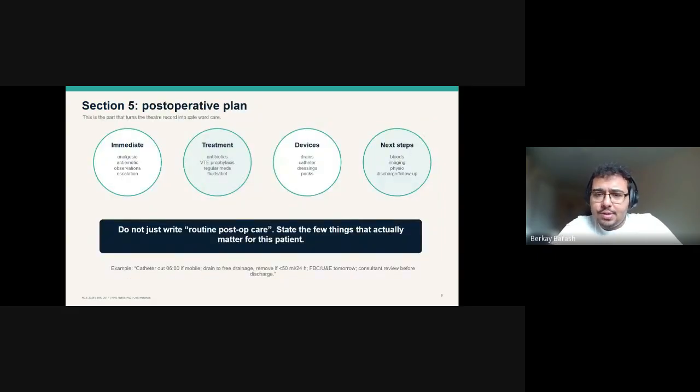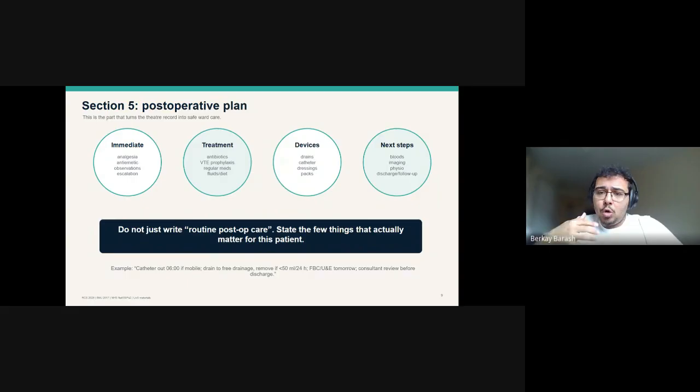So 5, post-operative plan. We're thinking about the immediate plan: any analgesia or antiemetic for symptomatic relief. We want to think about the observation and the nursing side of things, as well as any escalations if anything else happens. And we want to start thinking about treatment and management as well: any antibiotics in terms of risk of infection, any VTE prophylaxis to prevent any DVT, any fluids and diet changes,